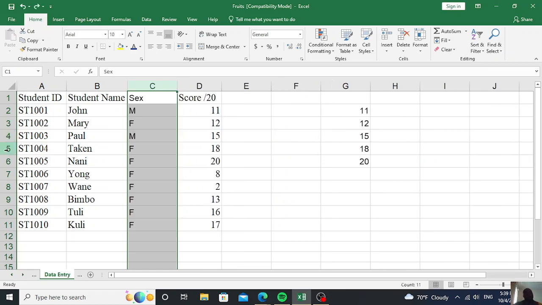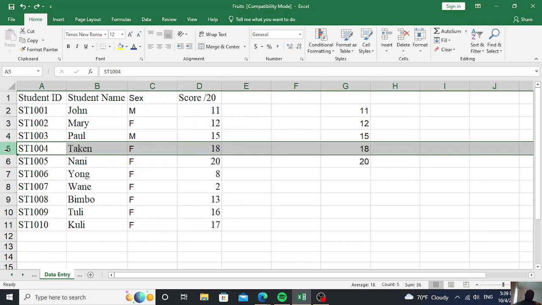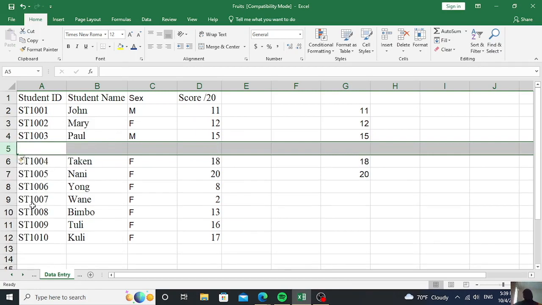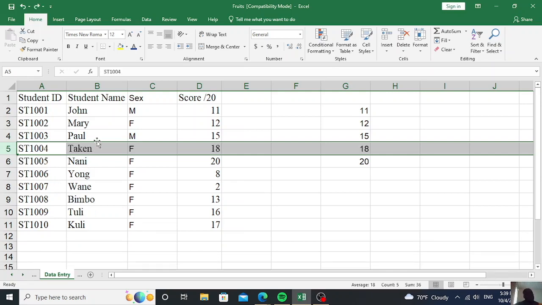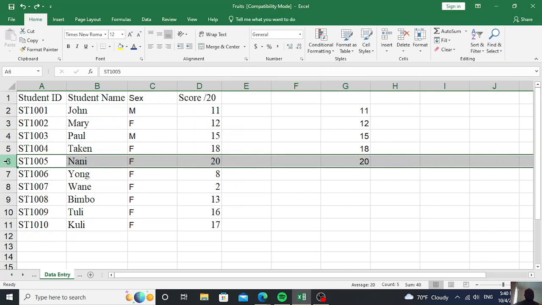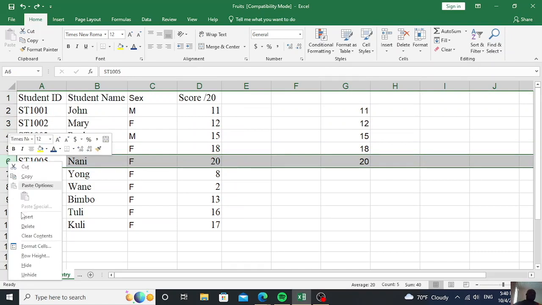To insert a row instead of inserting a column, all I need to do is to select the entire row and then insert a row. This time around the row will appear up, and shift the selected row down. So you can insert a row either up or within your data, in case you realize that you probably